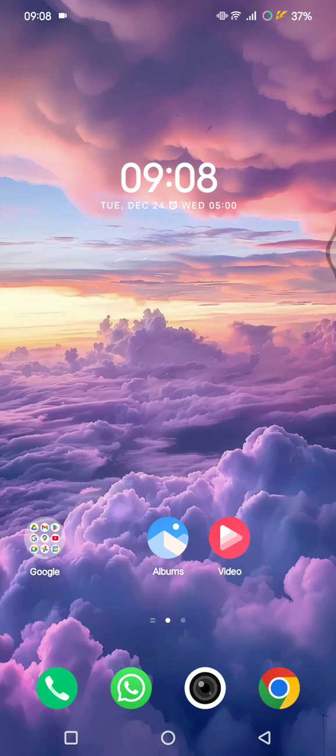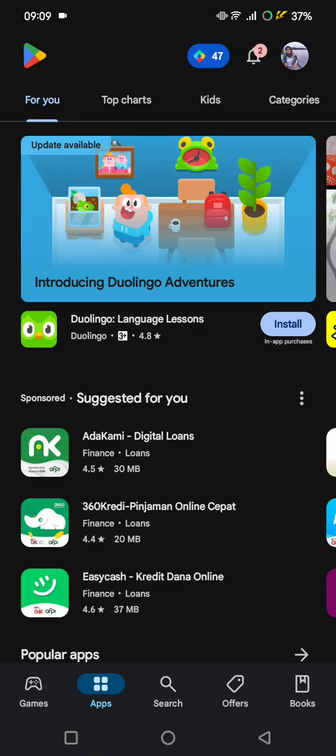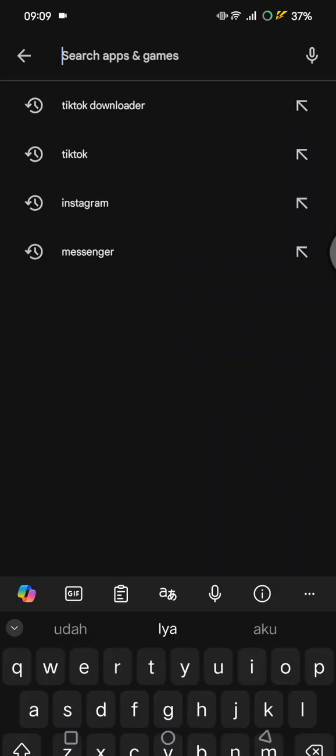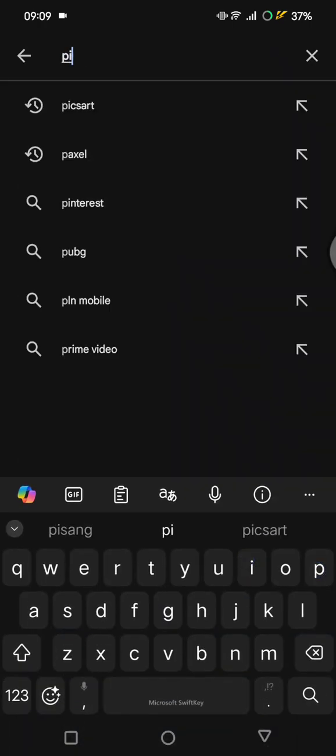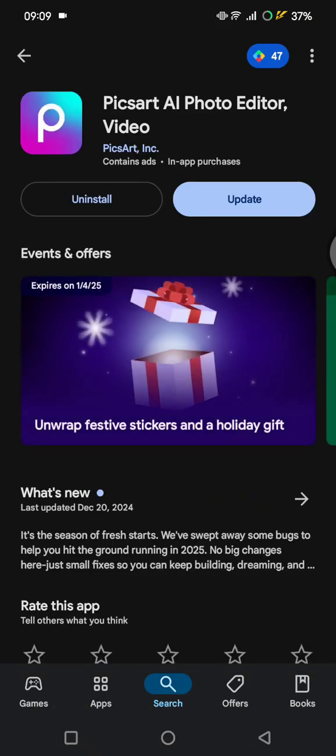on mobile. So if you haven't got the app, you can find it easily on the App Store or Play Store if you are an Android user. You can go to your Play Store and click on search and then just find Picsart. Okay, so this one, Picsart AI photo editor video. So what you need to do is just